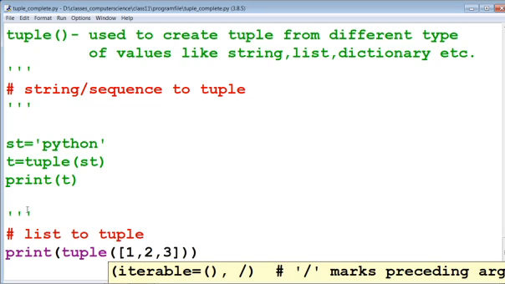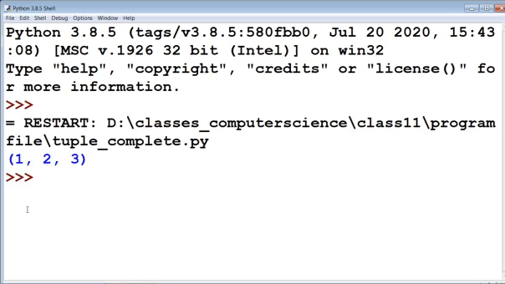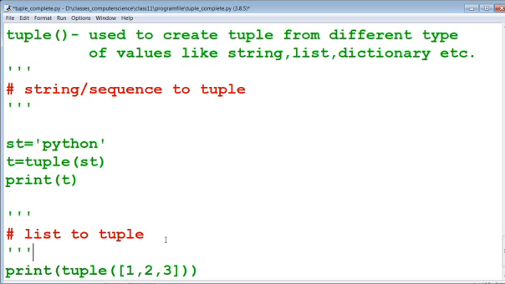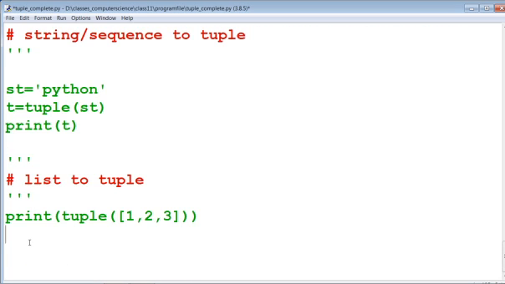Now take the output for this. You can see that 1, 2, 3 is converted into a tuple, whereas here we had put the input in list format, but this is converted into tuple form. So this is the way to generate tuples from any type of value.